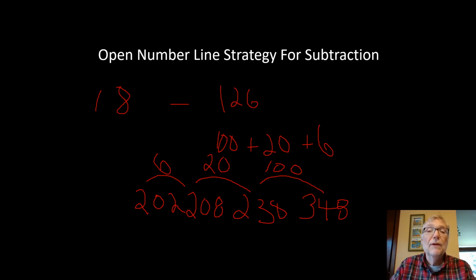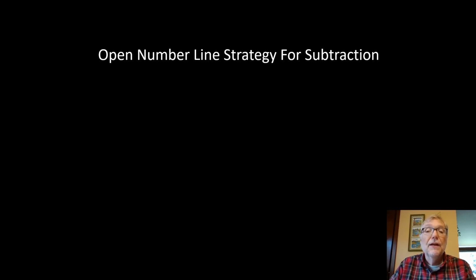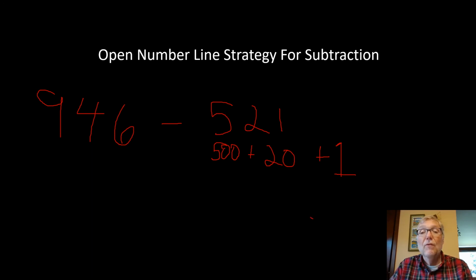Now I'm going to do another problem. So let me erase this. So let's have a problem of 946. And I'm going to subtract 521. So again, I'm going to take the smaller number here and expand that. So that's 500 plus 20 plus 1. So I'm going to subtract 521 from